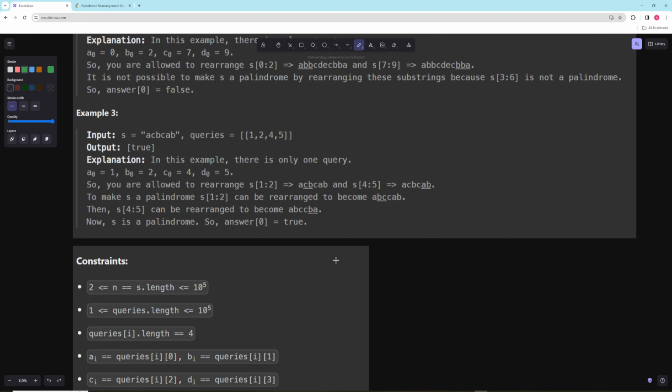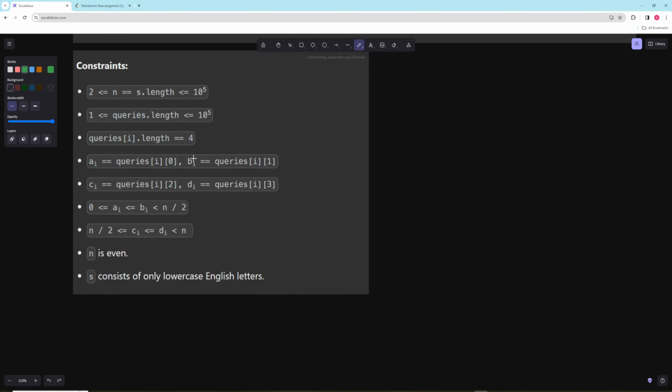So let's break it down into a few parts, and let's also look at the constraints, which is kind of important. So you have 10 to the 5th characters in s, and you have 10 to the 5th queries. Each query has four letters and so on, and a and b are going to be in the left half, and c and d are going to be in the right half of the string. So we need to be able to perform the queries in n or n log n or something like that, right? Because we basically need to perform each query in either constant time or log n time to be able to pass this,